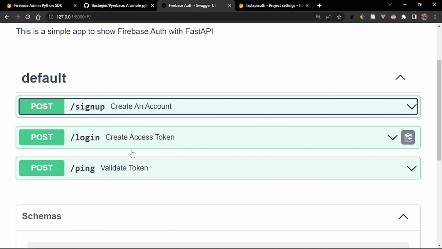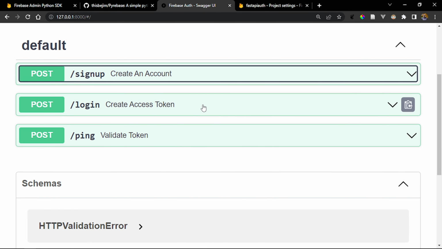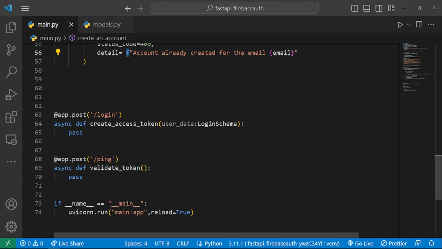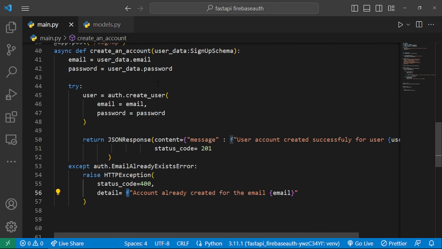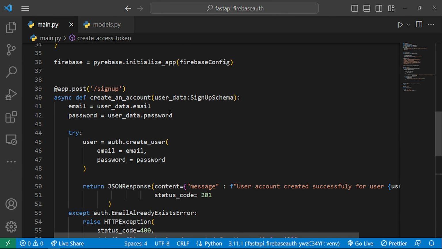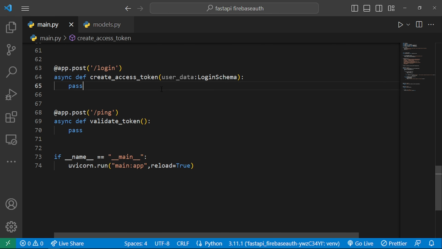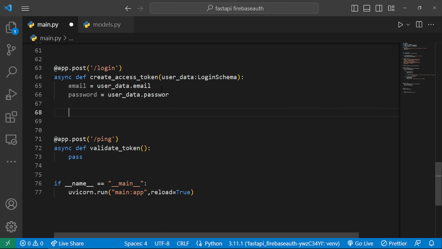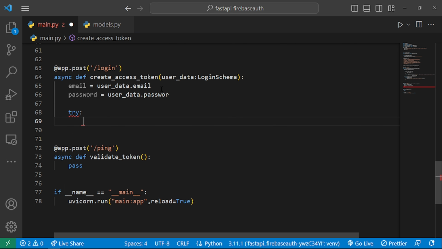So what I'm going to do is go ahead and deal with our access token, or the one that helps us to create our access token. The way we're going to do that is by going back to our code right here. We're going to follow the same steps. So for us to create our login, we're going to access our email as well as our password. I'm just going to copy this since we have something similar for the login schema. Once I've copied that, we're going to do the same thing. So we're going to try,